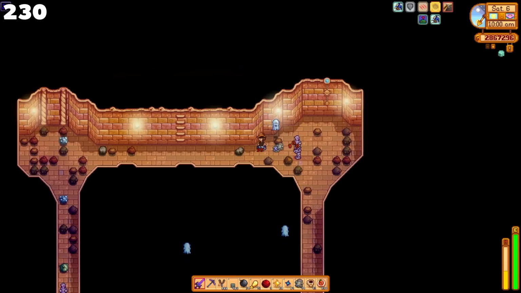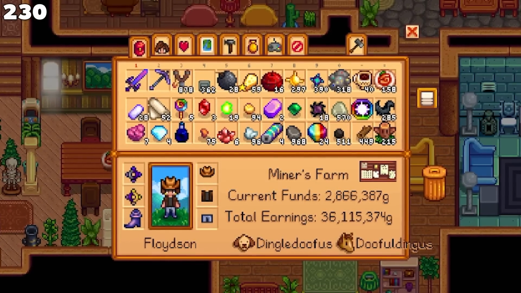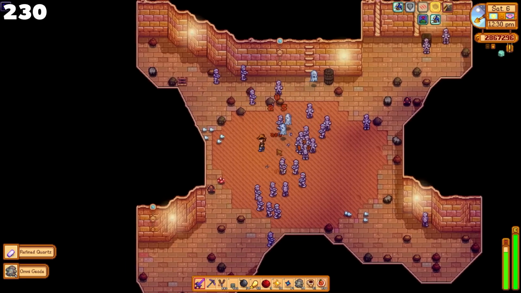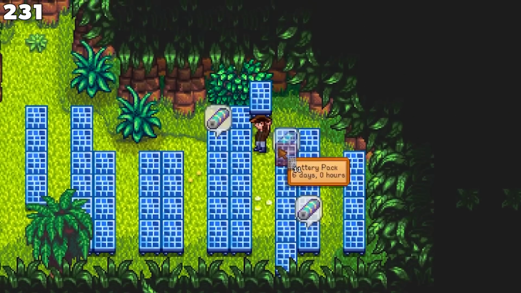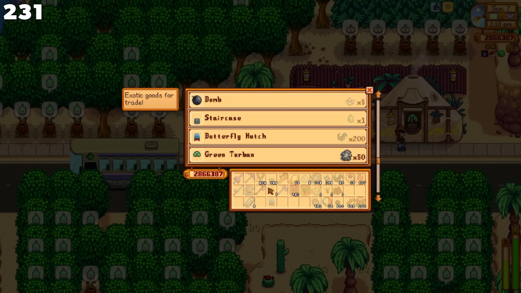On day 230, it was off to hard mode skull caverns yet again. I somehow got 318 omni geodes, which is glorious. And can I say, that is a lot of bats. And that is a lot of mummies. I collected batteries and placed even more solar panels on day 231 before buying a butterfly hutch, green turban, and